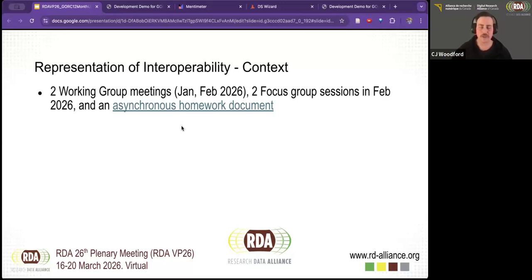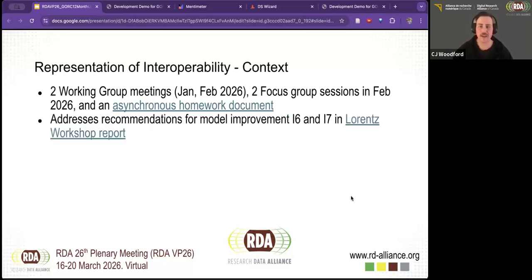The other types of outputs we might create that facilitate adoption are a little bit more freeform and flexible because we're in the process of creating them. But how do we actually represent it in the diagram that everyone loves and uses, as well as in the model, which has been referenced a number of times? This does address 2 different recommendations that were in the Lawrence Workshop Report, I6 and I7, and we talked about that a little bit earlier. So this is where these discussions came in and why we brought them back to the fore.